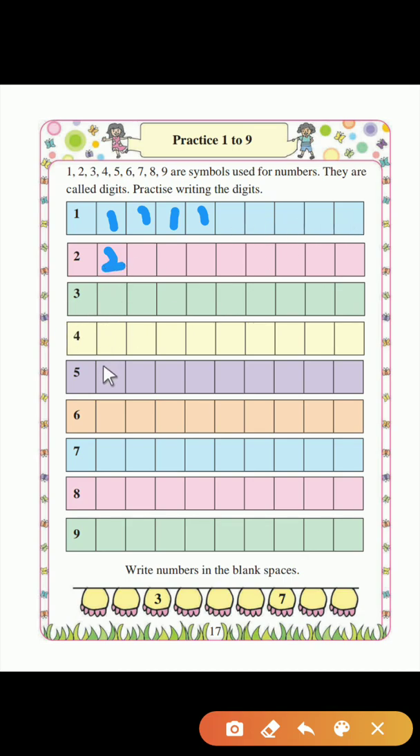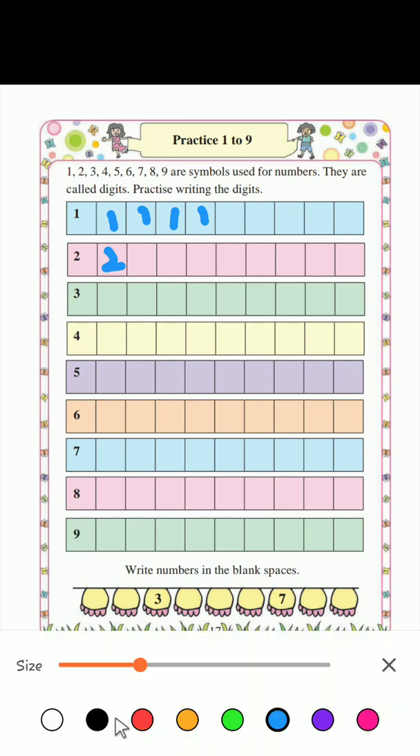2, 3, 4, 5, 6, 7, 8, 9. And then write numbers in the blank spaces. Here 1, 2, 3 is written, 4, 5, 6, 7 is written, 8,